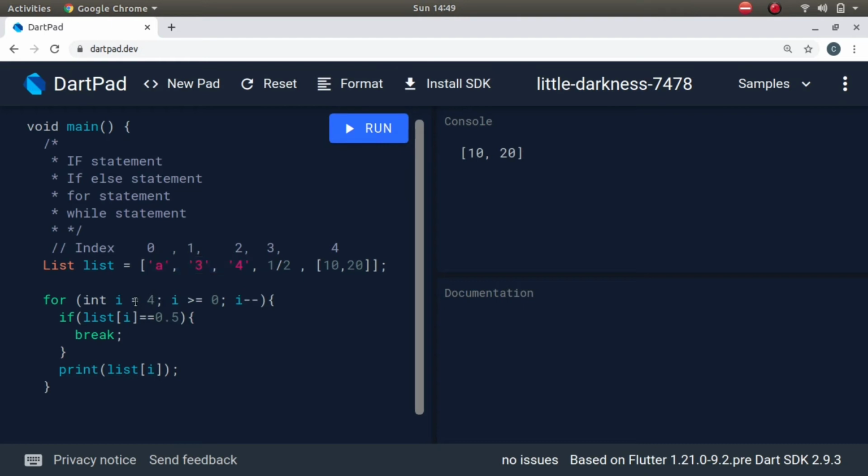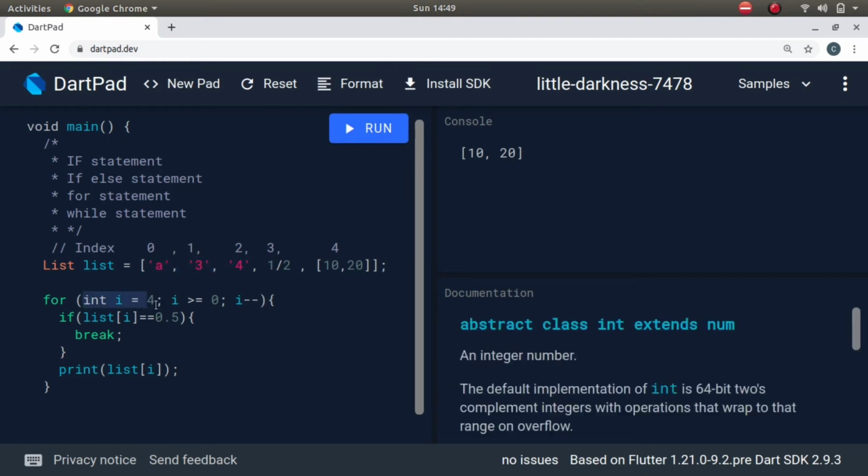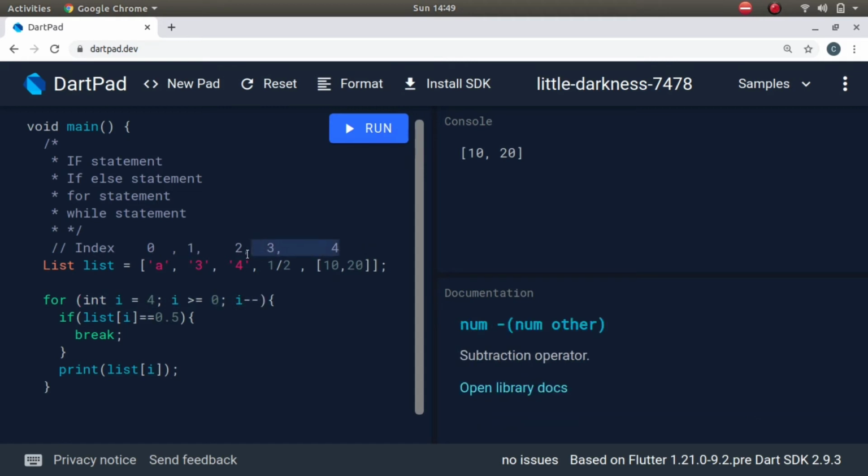Sorry, this loop is an inverted loop, right? We are printing it from this direction. As you can see, it checked whether it is 0.5, no, then it executes this print statement.